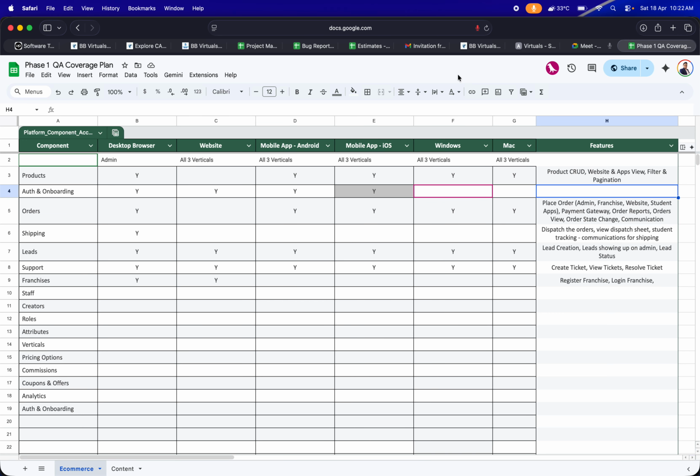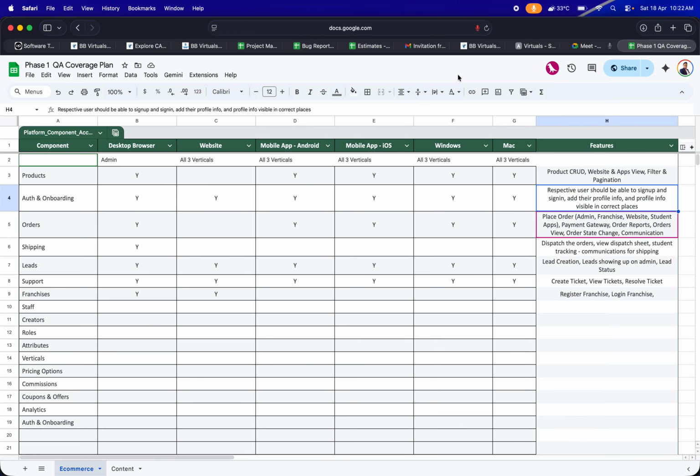For all the users, we have to test that the respective user would be able to sign up and sign in, add their profile info, and profile info visible in places. Okay, so authentication and onboarding, and then franchisee can register, they can log in, they can place order, view products,